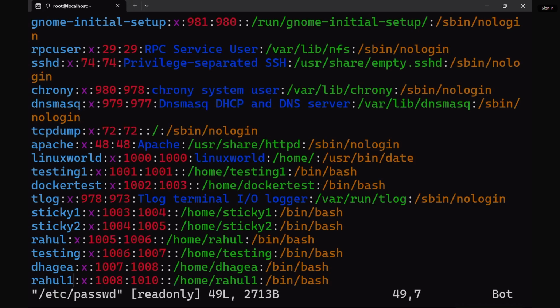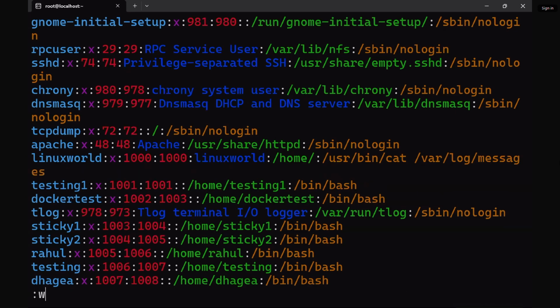and change the command to a read-the-logs command, like /usr/bin/cat, and I want to check only the logs. There is a log file, /var/log/messages. If you save this,